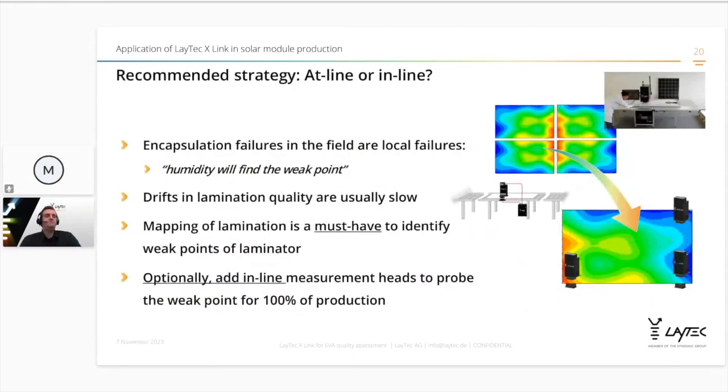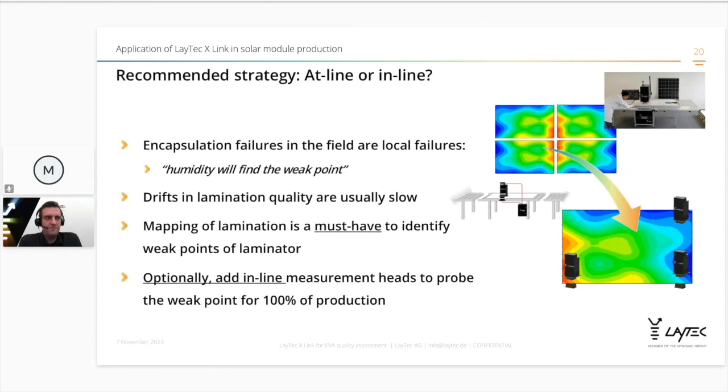So now the question is how you would apply a measurement like this. Usually when we talk to customers, in the first place, they always ask for an inline method because they want to tell their customers that they do a 100% control. And this is usually quite a tough discussion because, again, remember that humidity will always find the weak point. So it's not that important to test every single module, but it's much more important to do a full map once in a while. So our strategy is usually to recommend to start with a manual tool, do a sampling